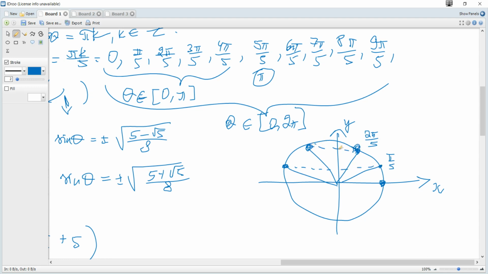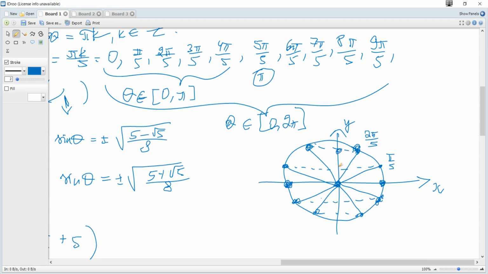Or it will be pi minus pi over 5, and 3 pi over 5 is pi minus 2 pi over 5, and you remember that sine of 30 is the same as sine of 150. And for the third and the fourth quadrants,